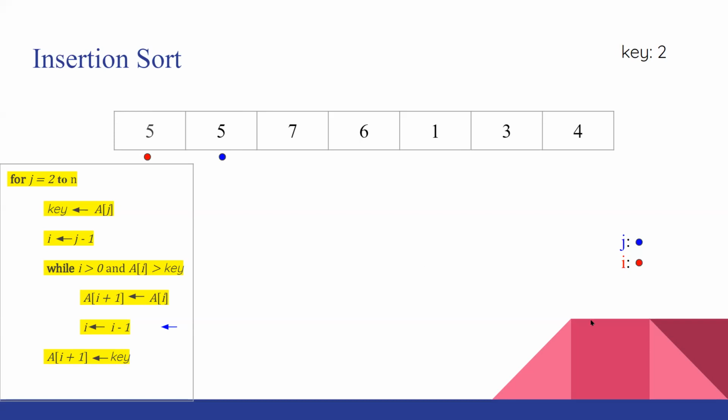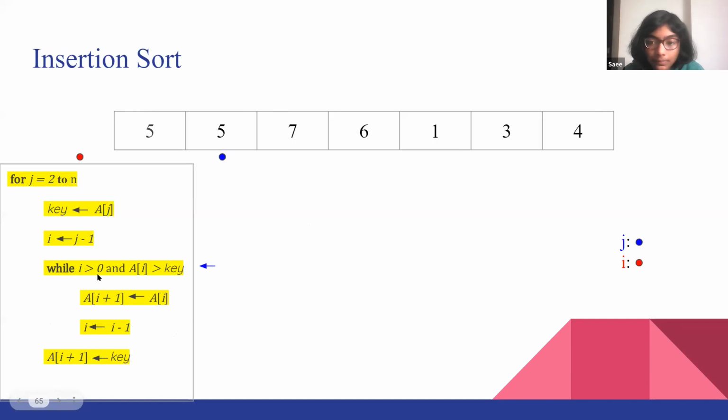Okay, let's get this clear. I is not 5, I is 1, but AI is 5. Make sense? Yes. So I will now become 0, right? Yes. Now what will happen? Is I greater than 0? No. So we are going to say bye bye to the while loop and exit it and